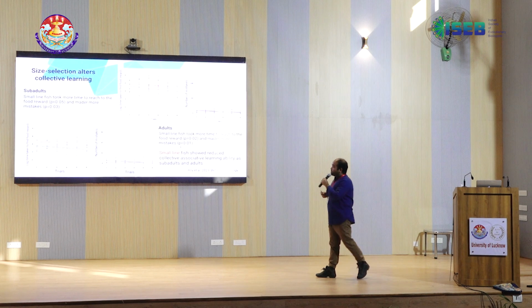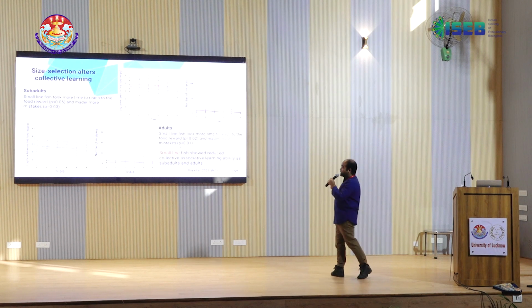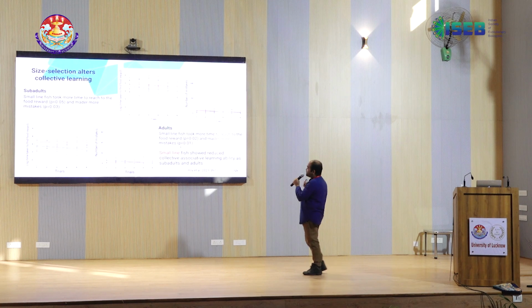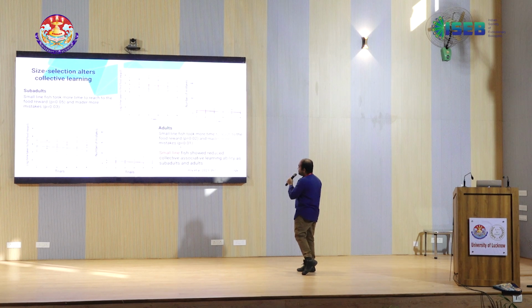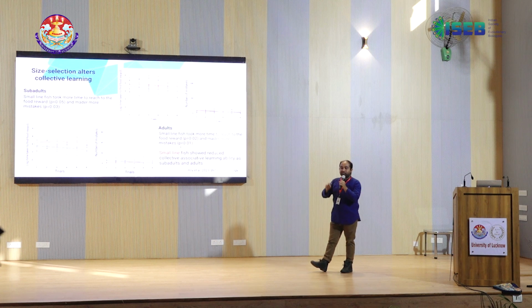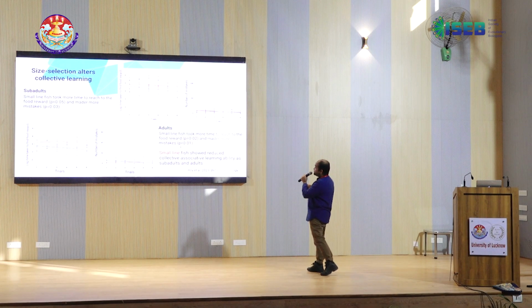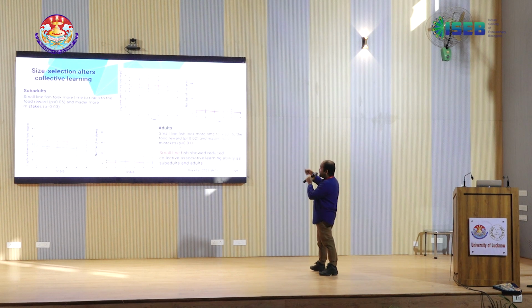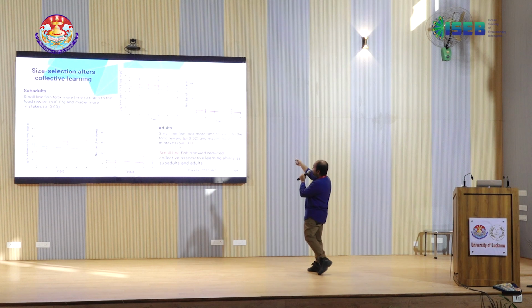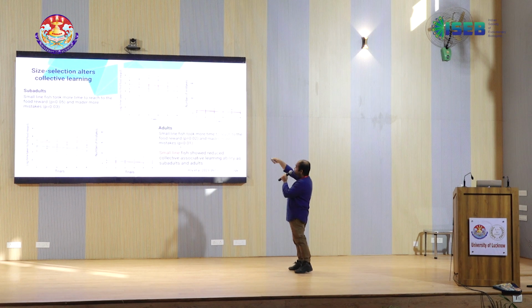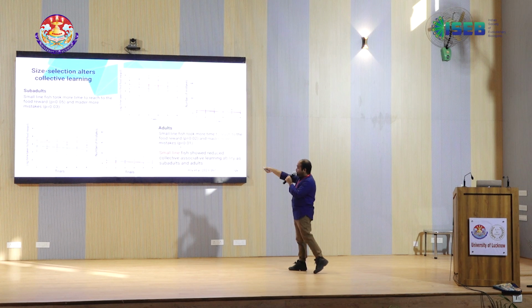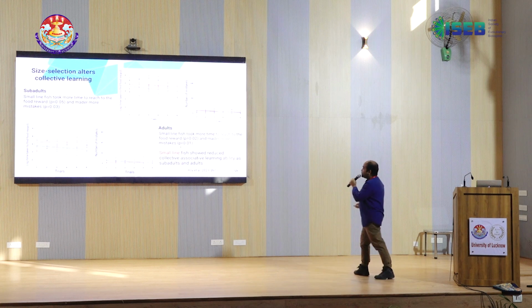We compared these estimates across different selection lines. We again saw that the small line fish showed reduced collective associative learning ability, both as subadults and adults. If you see the graphs that follow, and if you follow the red lines, the time taken to reach the food reward and the number of mistakes made does not change compared to the control line for subadults, and it actually increases for the adults, whereas it should decrease if the fish had learned.